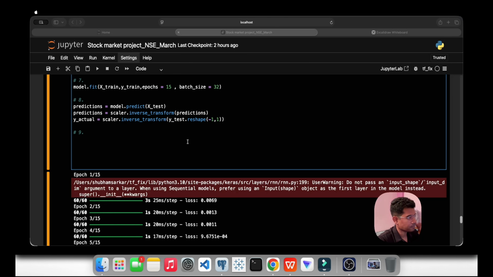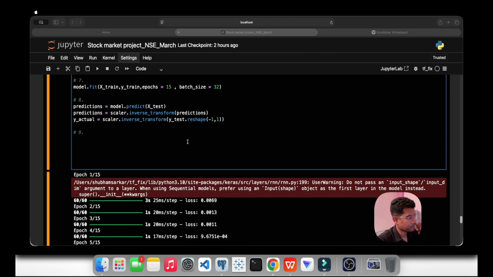They are asking for these two outputs: root mean squared error and mean absolute error. So let me write RMSE, simple. I will write np dot square root, then I will write mean squared error.